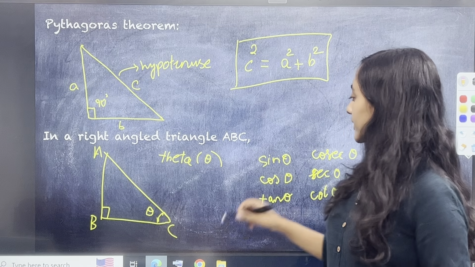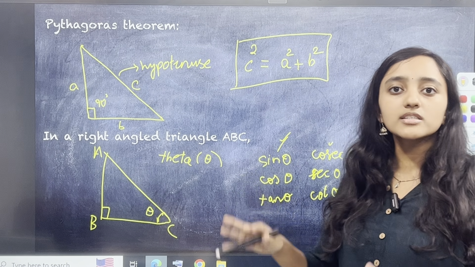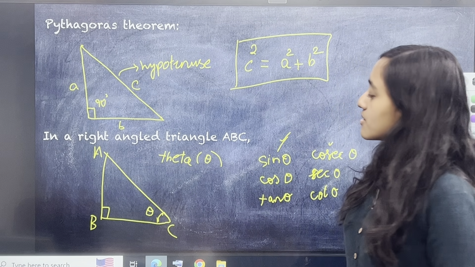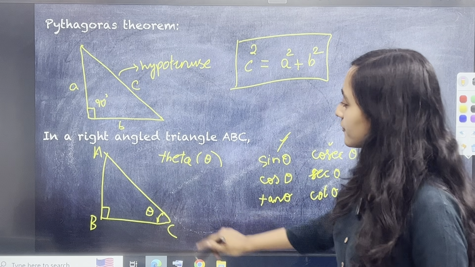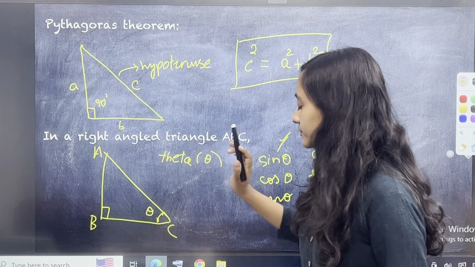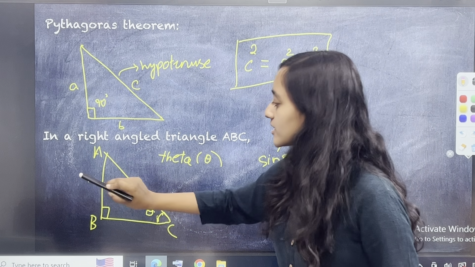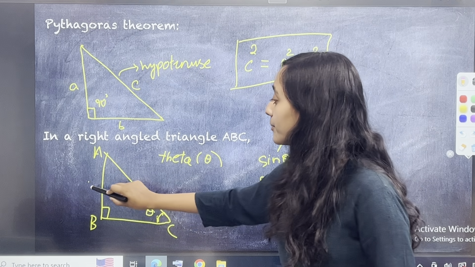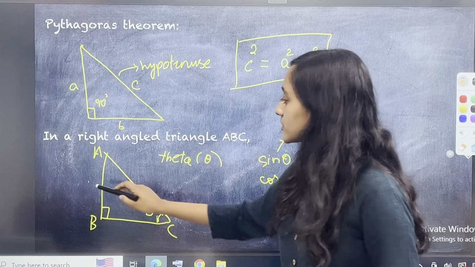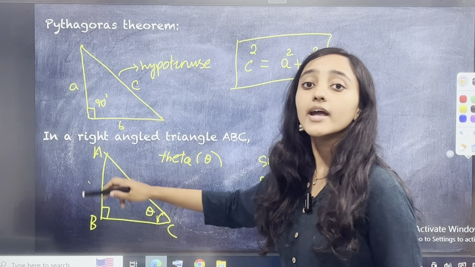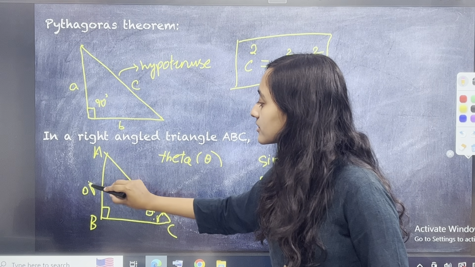Now we are going to be finding what are the values of each of these ratios. That is what the basic trigonometric identities are. Before we go to that, I want to tell you two very simple things. If this is the right angle triangle and this is your angle theta, then the side opposite to this angle is called the perpendicular side. Perpendicular means that side which is at 90 degrees. So this is called the perpendicular side, or let's say it is the opposite side. It is opposite to this angle, so this is the opposite side.